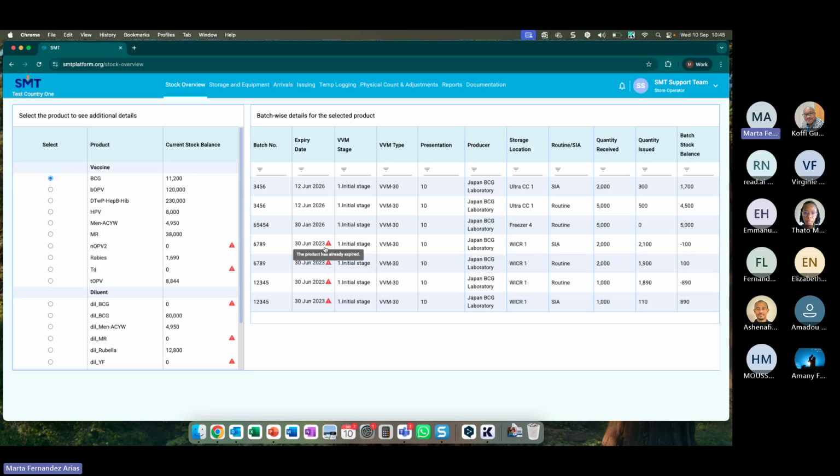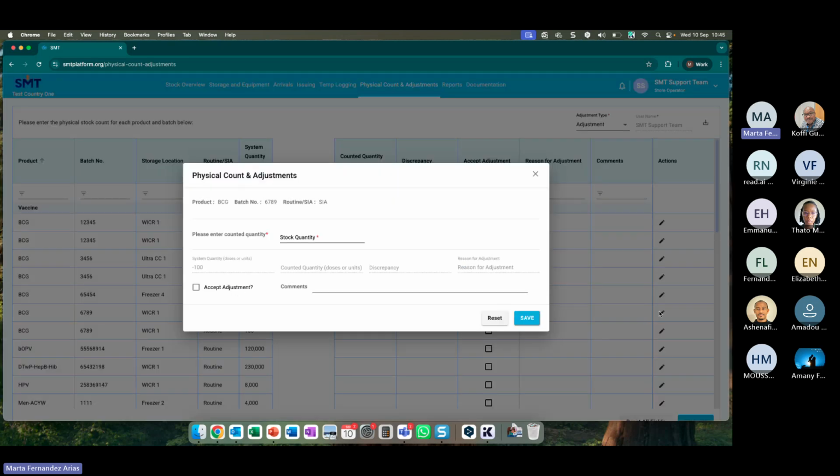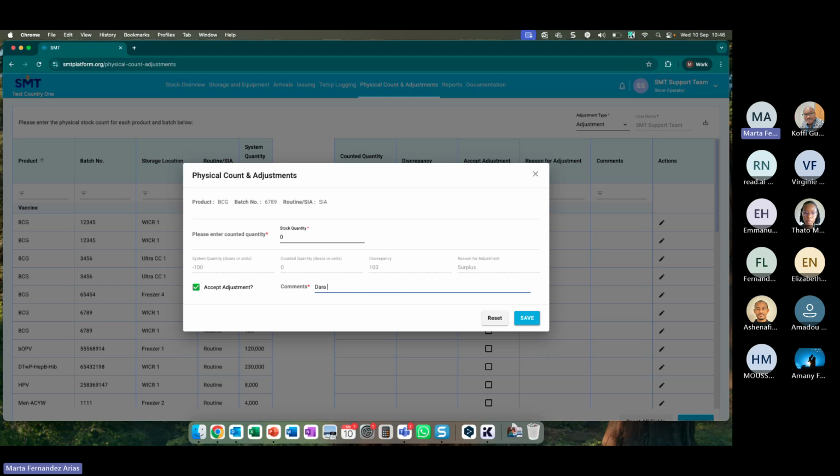So how are you going to correct it? Through the adjustments. I'm going to use, for example, this one, 6789. So I go to physical count and adjustments. I select adjustments, and it was this one. Okay, so this item is already expired, and also the total quantity is 0. So I just need to put these two lines to 0. So I'm going to click here, stock quantity 0, accept adjustment, and then here I can just put a